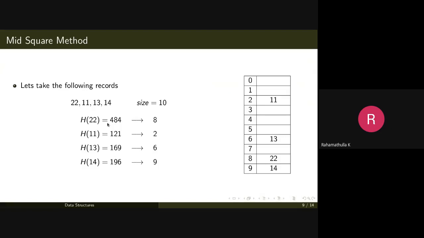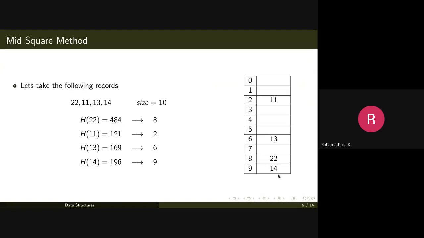So h of 22 is the square of 22, which is 484. The middle value 8 is taken, and there you will store 22. H of 11 is 121, you will store it in 2. H of 13 is 169, you will be storing at position 6. H of 14 is 196, you will be storing it in the 9th position.